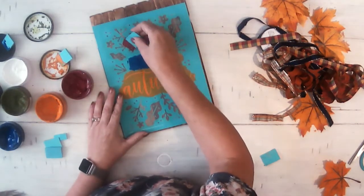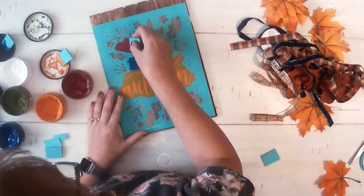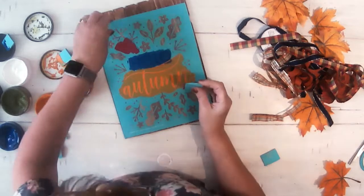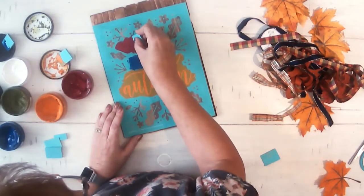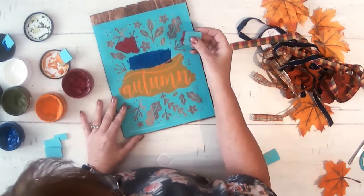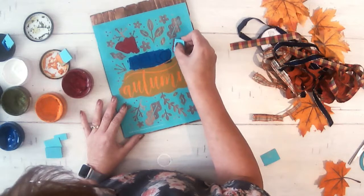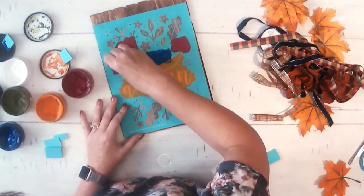Oops, I said I wasn't going to do up here. And here I go. Well, I wasn't going to do all the way up. So we'll see how far. Okay, that's where my ribbon's going to go. Sometimes my brain doesn't catch up with my hands, or my hands don't catch up with my brain. It just